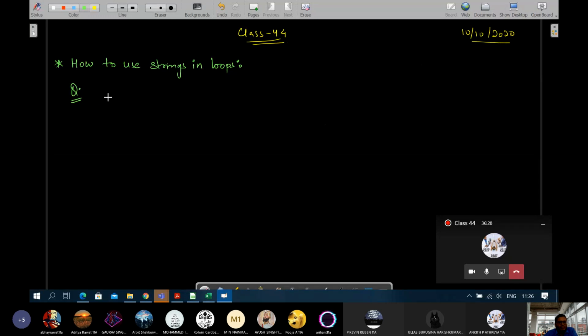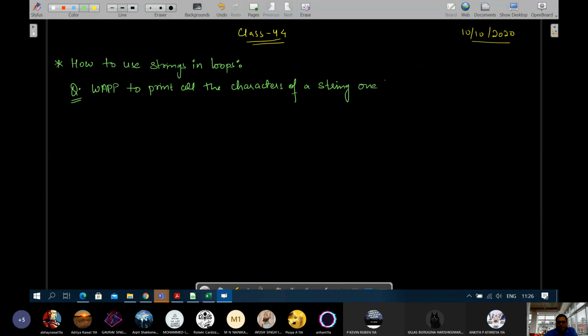So let's say I have a question. Write a Python program to print all the characters of a string one by one. So what will we do in that?